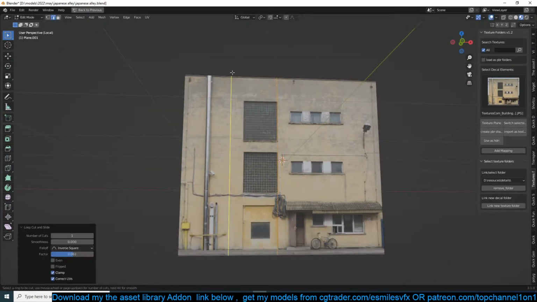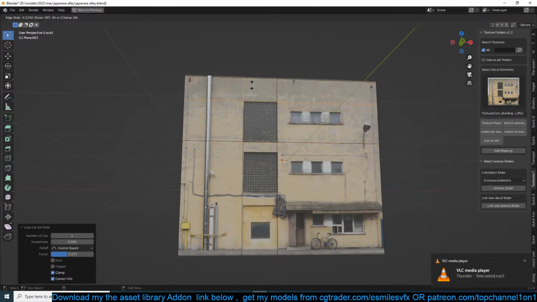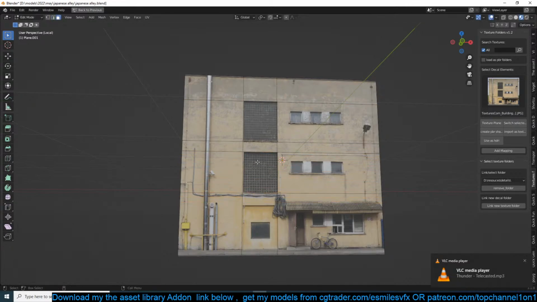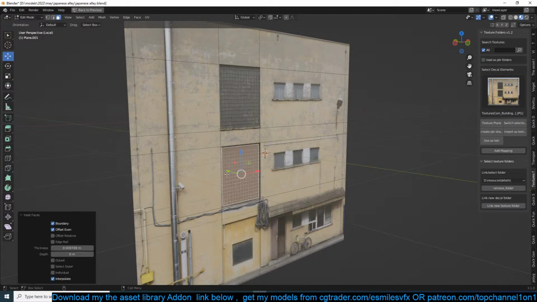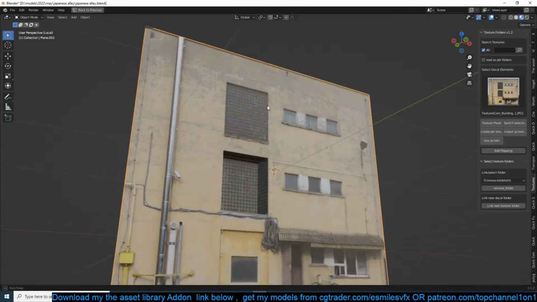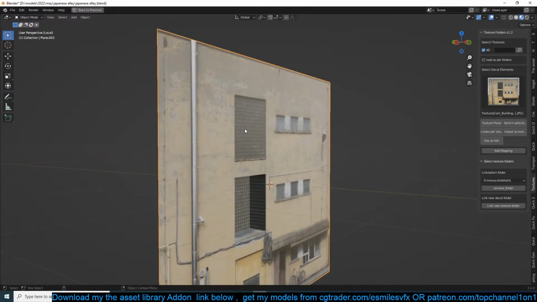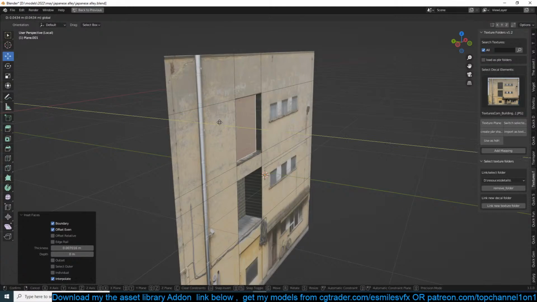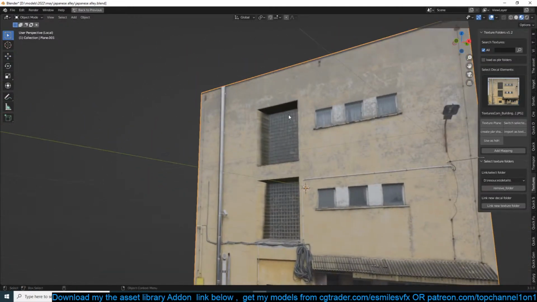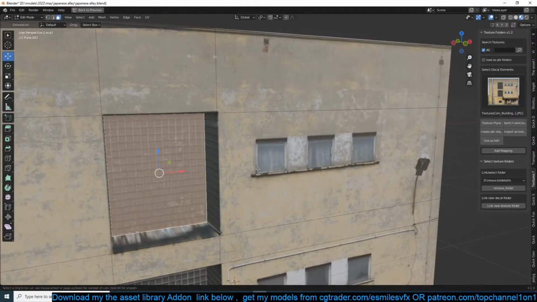We have a loop here, can basically add this window. It's going to insert and then extrude in. Do the same here. Just insert a bit and then extrude in. You can do the same for these windows here.